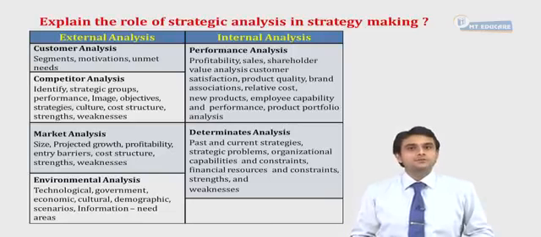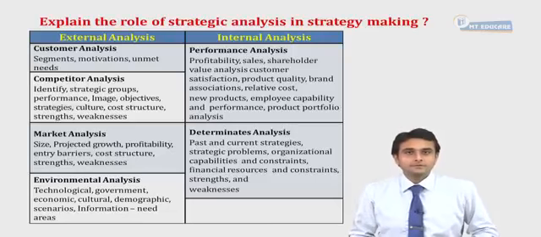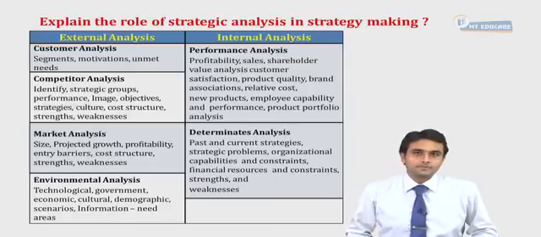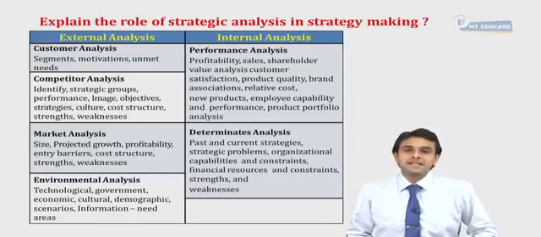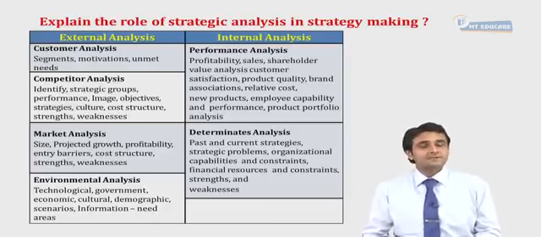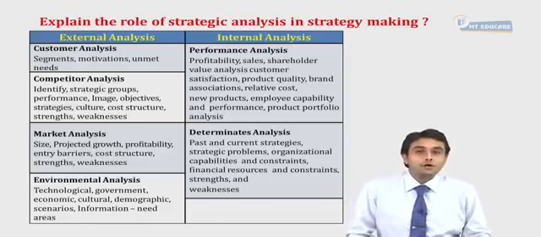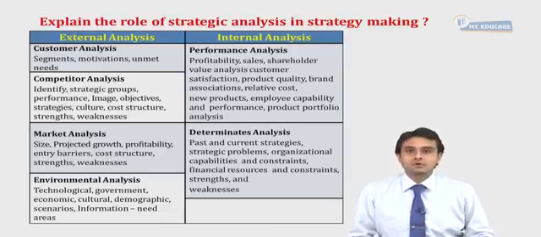Now, Titan has a different positioning altogether. The product Fast Track is targeted towards the youth, and the product Titan is targeted towards the older age group. So in this way, we need to understand my customer segment. Segment means that part or group of people to whom I actually want to sell my product. Now, after identifying the customer segment, I need to understand what attracts or motivates the people in that segment to buy my product, which is nothing but customer motivations.